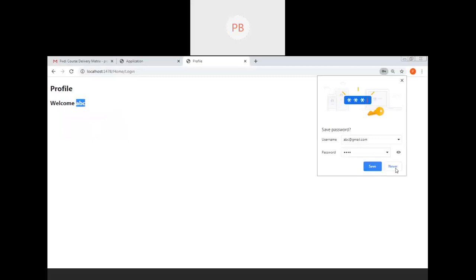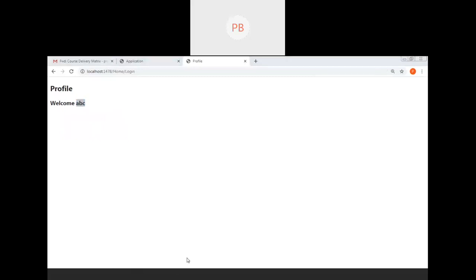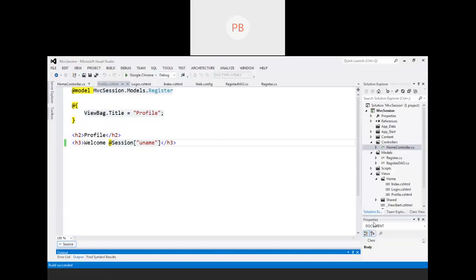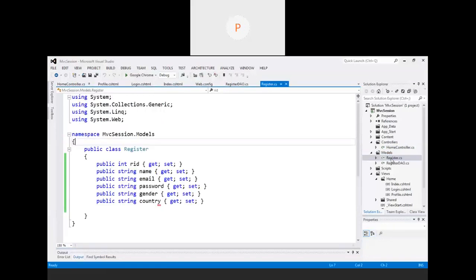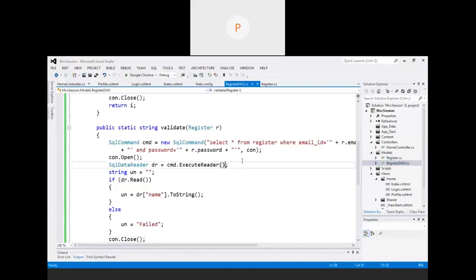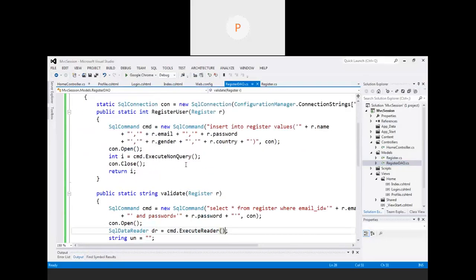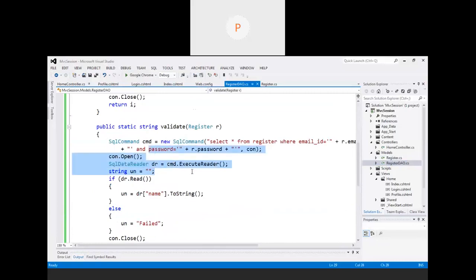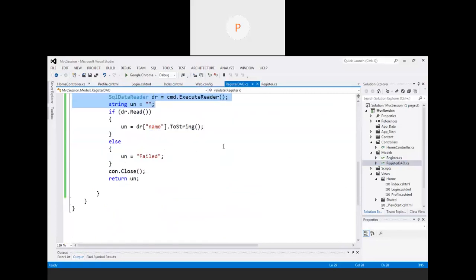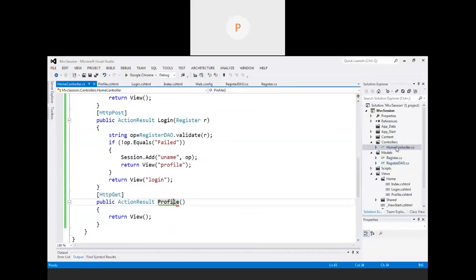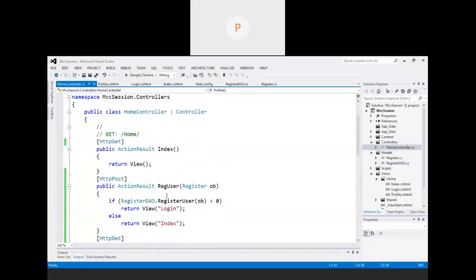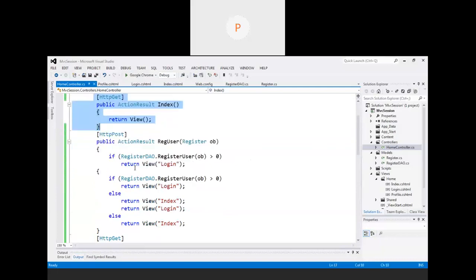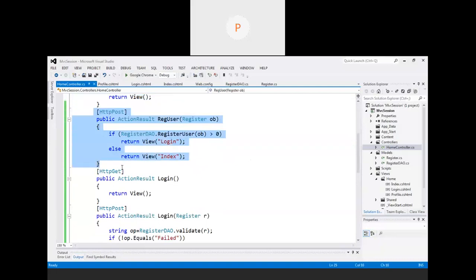Okay, so the steps are what? Whenever we are using ADO.NET, create the register class first. After that, create the corresponding DAO class where we can generate the methods for inserting data, fetching data, deleting data, or updating data. Then create a controller where we can make use of get and post type methods. The get method is responsible for creating a design, and the post method is responsible for handling the business logic code and all the redirections.